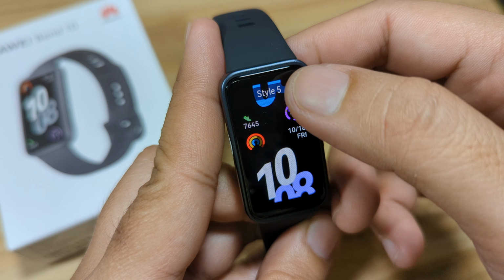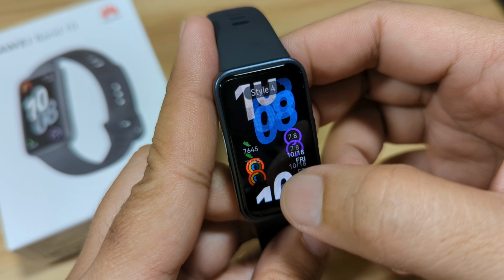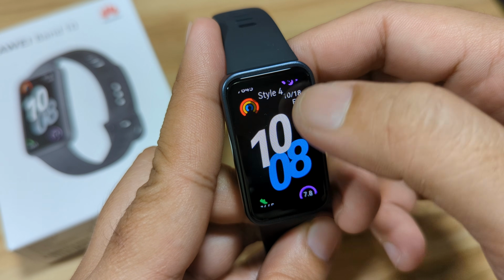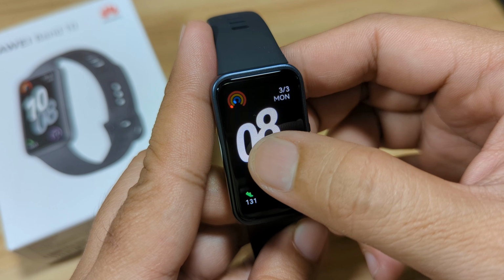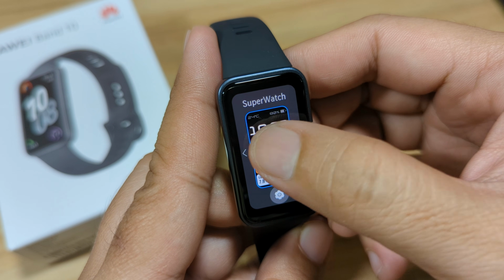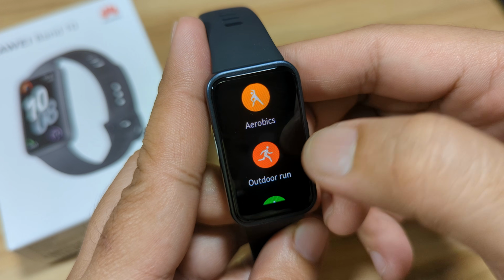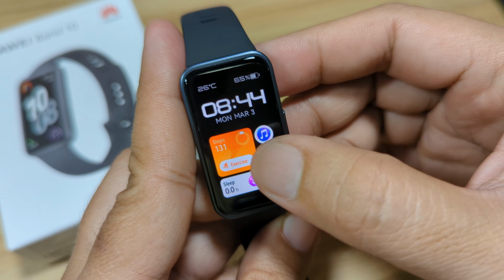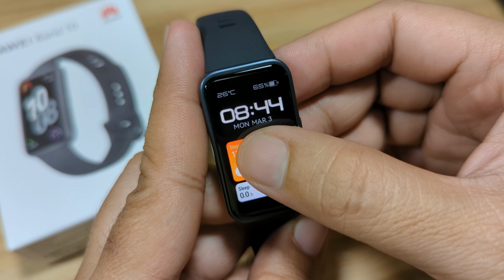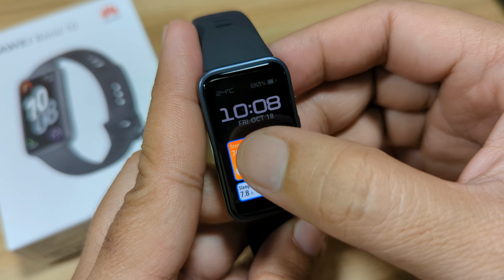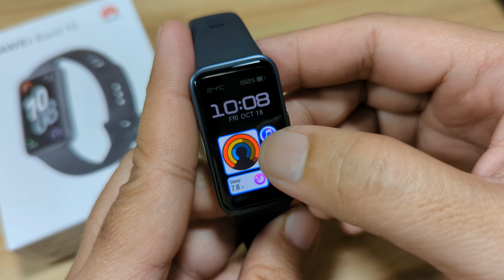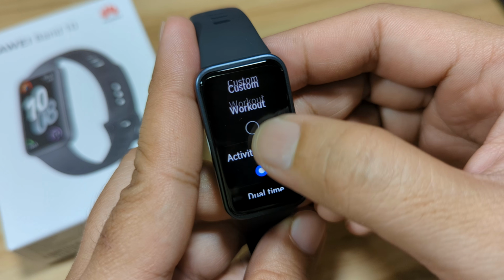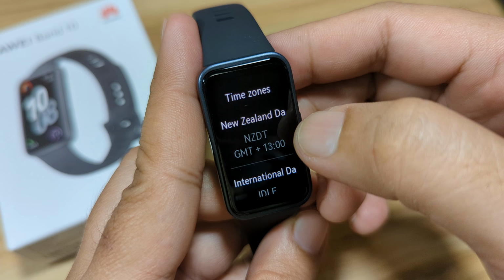So this is the option for this one. It's a different color. Style number 4. So depending on the dial, this one you can change the contents. Let's try edit, dual time, and set. Where's the dual time? So this is the dual time.